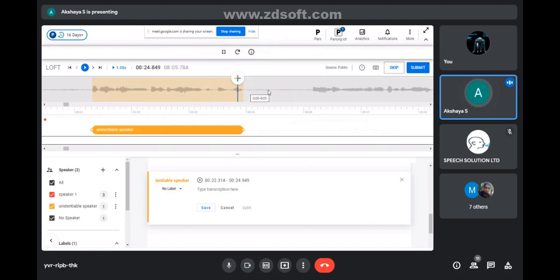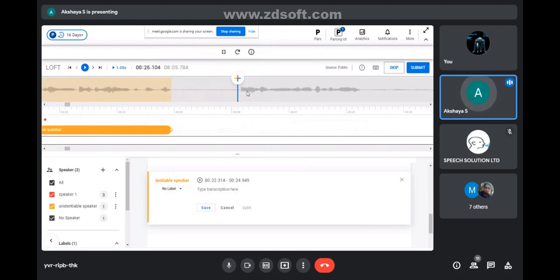Then again another group of people is talking together, not the same as in this audio range. So no need to create unidentifiable speaker 2 or 3. One unidentifiable speaker is enough for the entire audio. It includes all unidentified speakers. You can edit it in any way. Like this you need to create the segmentation.